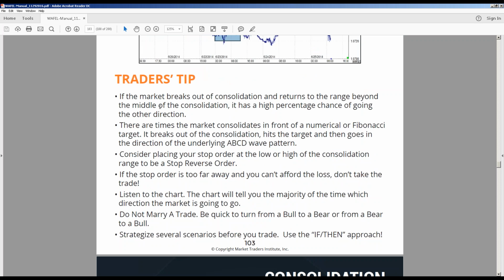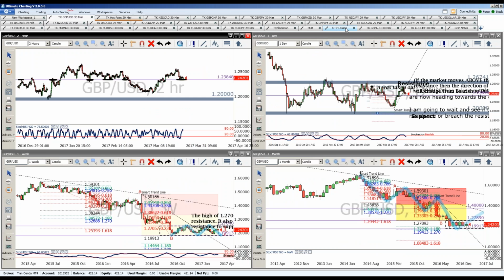Here's a few tips. If the market breaks out of consolidation and returns to the range beyond the middle of consolidation, it has a high percentage chance of going the other direction. Now, to give you an example,